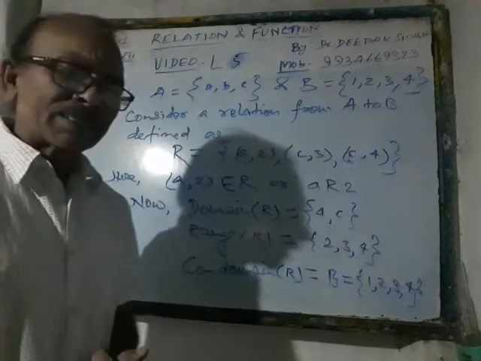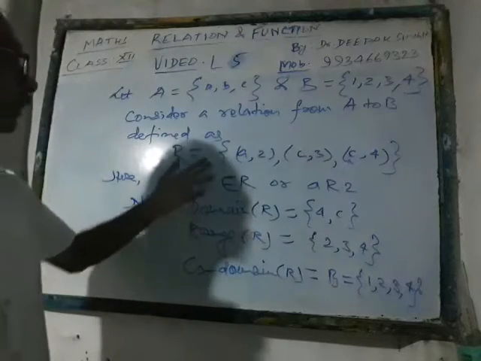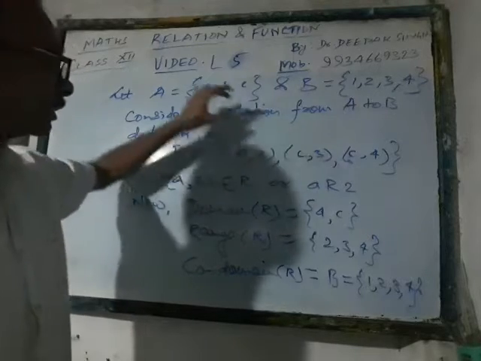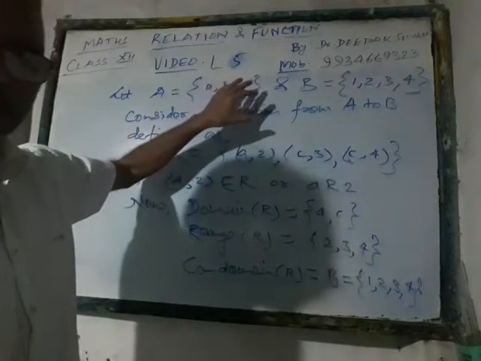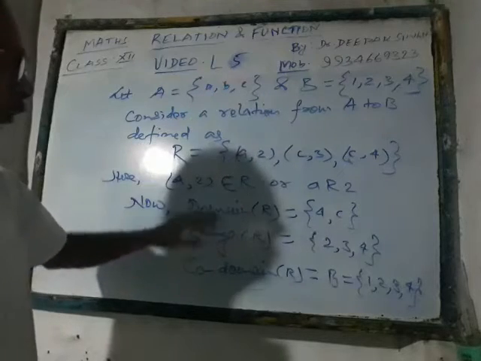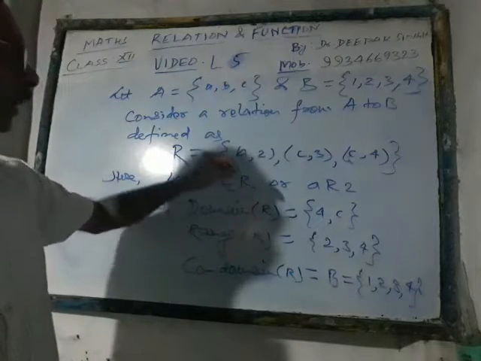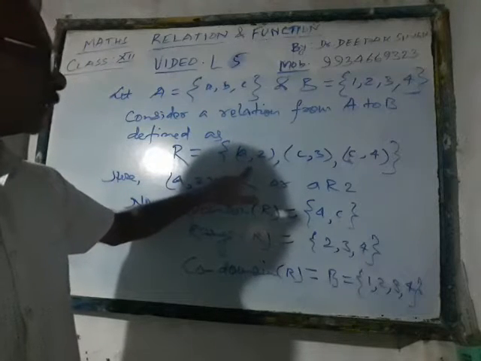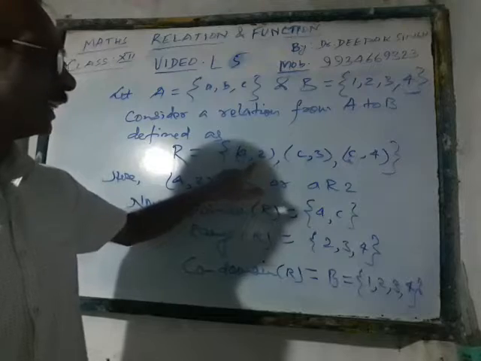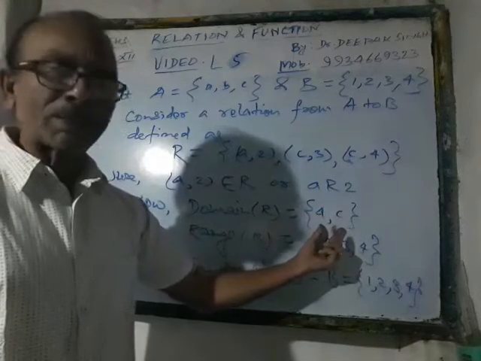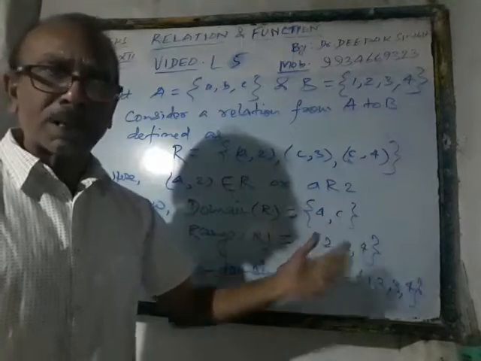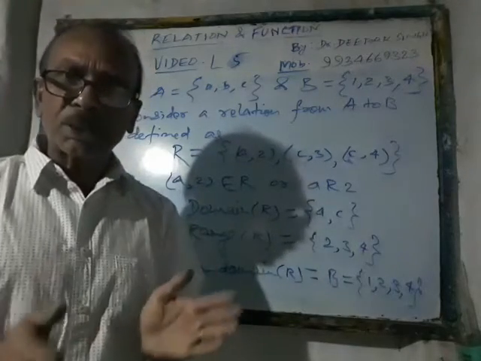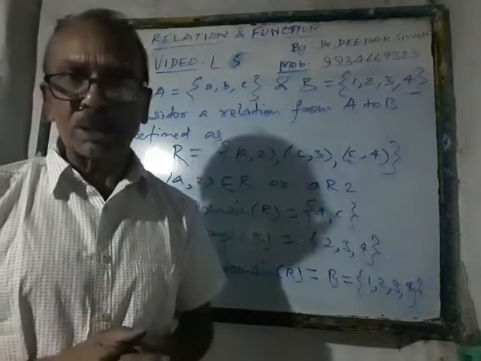Now, so far as the domain, codomain and range of this particular relation is concerned, or any relation, whatever you take. So far as the domain of the relation is concerned, just go on watching the relation. We are not concerned about every element of A being taken into consideration. Only those first components of the elements of R are taken. Just watch. What are the first components in the elements of R? a and c are the first components. That's why we have taken {a, c} as the domain. That means those objects which are related to someone, taken together, constitute the domain of the relation.